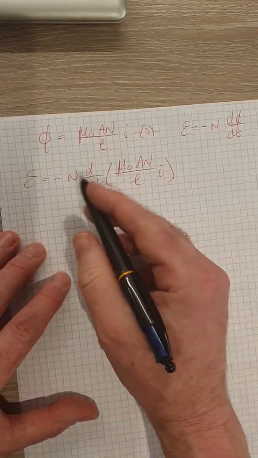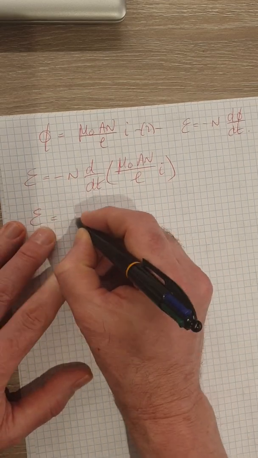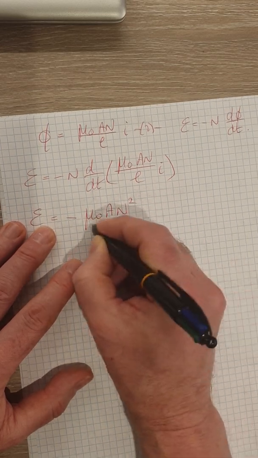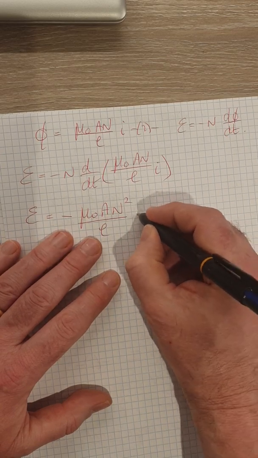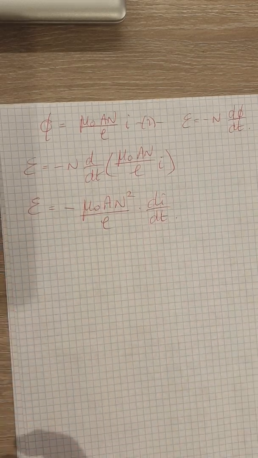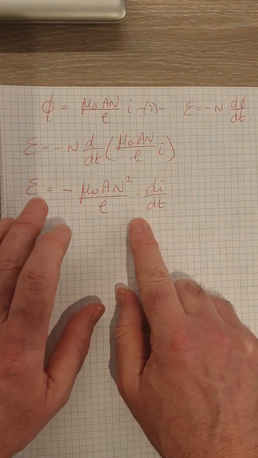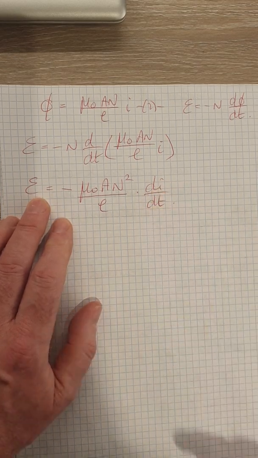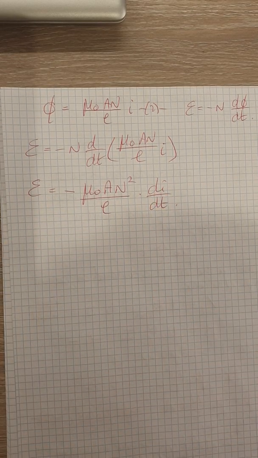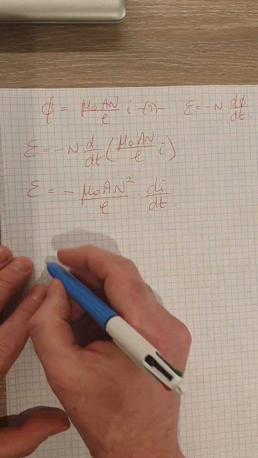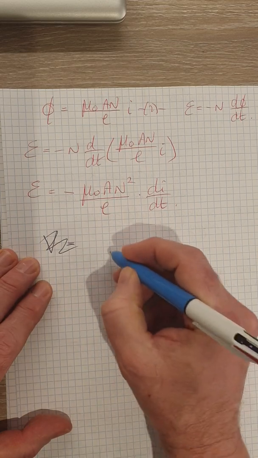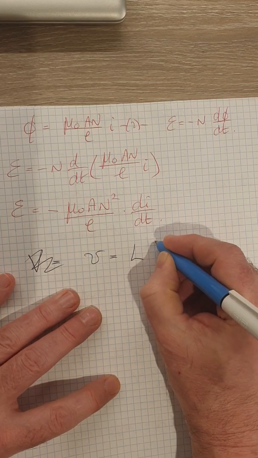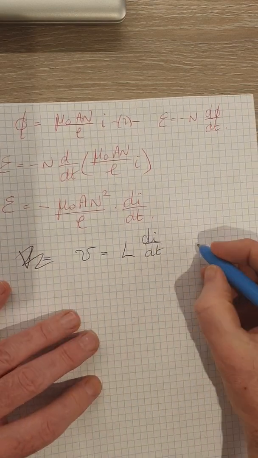These are constant, so I can take them out, and that gives me minus permeability times the area times the number of turns squared over the length, di over dt. So this is our relationship between the back EMF induced in the inductor and the rate of change of the current. And I can write this now as the potential difference across the inductor is given by L times di over dt, where